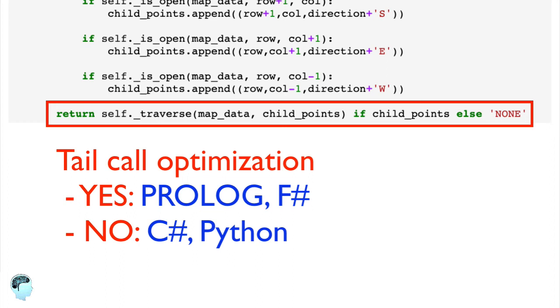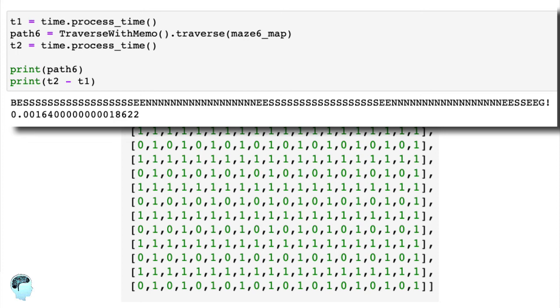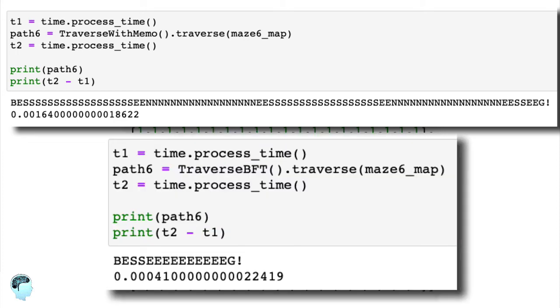You can read about this online if you're interested. And you may want to find out if the language you're working with supports tail call optimization. Now let's run some test cases. Here's the last array I tried to traverse using the previous method and the result I got. With the new breadth first traversal, so to speak, we can get a much better result, and it looks like it is